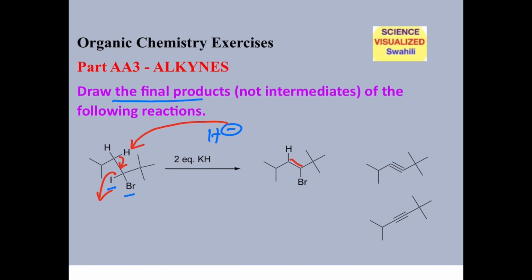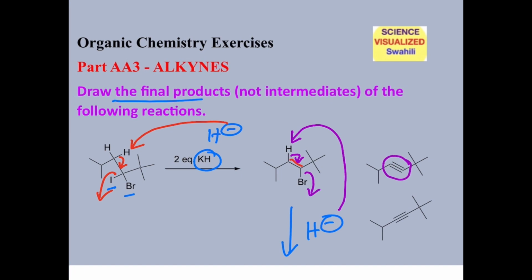Then we're going to repeat the same process, but now we're going to use a second equivalent of the base, so potassium hydride again. And this time round, the hydride will abstract the remaining hydrogen, and then the electrons between carbon and hydrogen will flow to form a triple bond, while at the same time you kick out the bromide and you end up with a triple bond at that